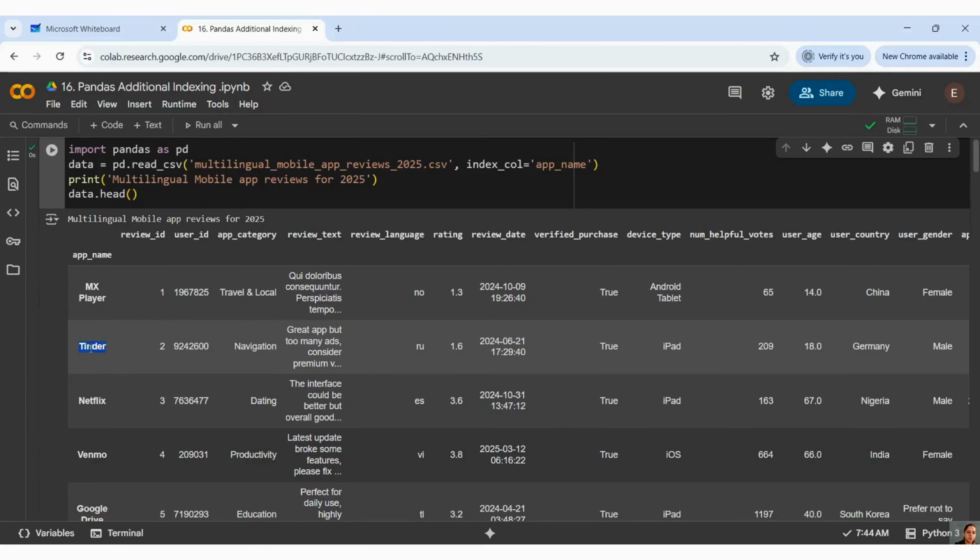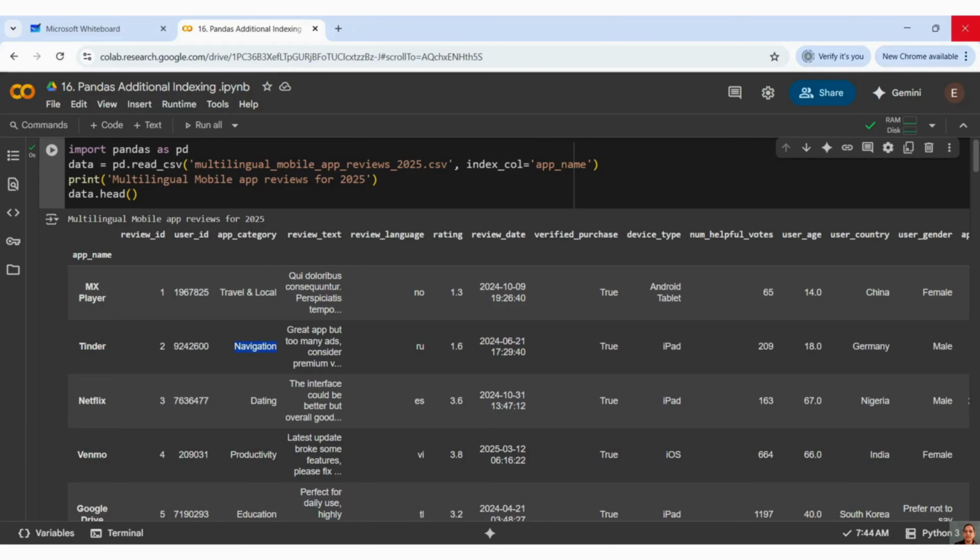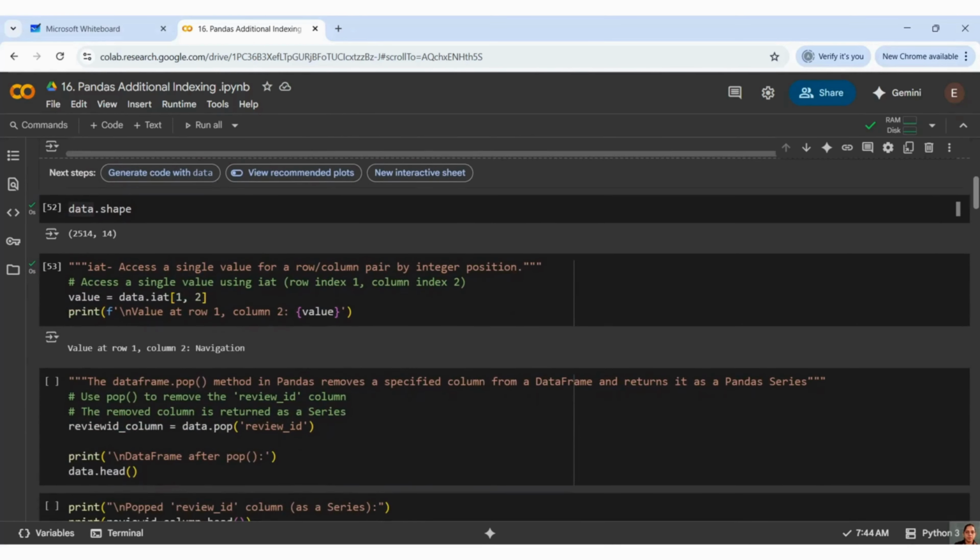In this first row, I want the second column's output. This is my navigation it is giving me, right? It is saying your row 1 and column 2 value. So with this IAT, you can get a particular point or particular value of that data set.